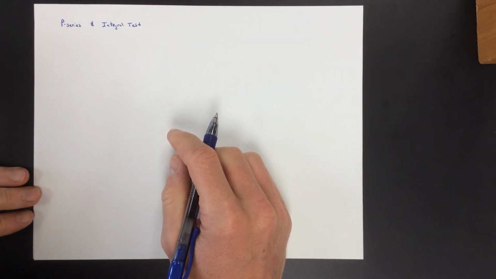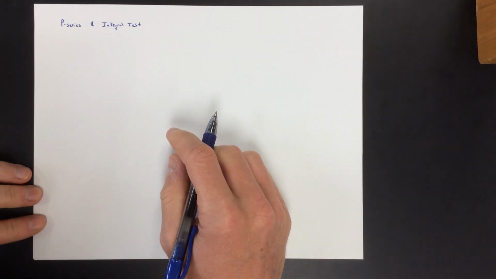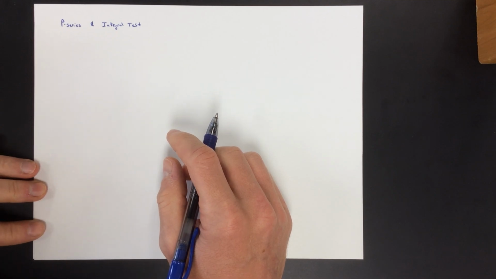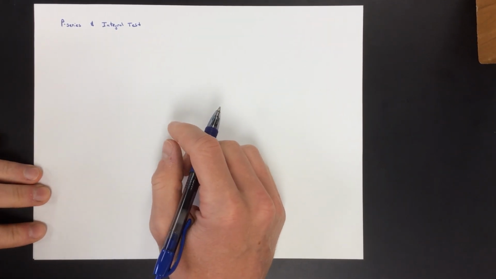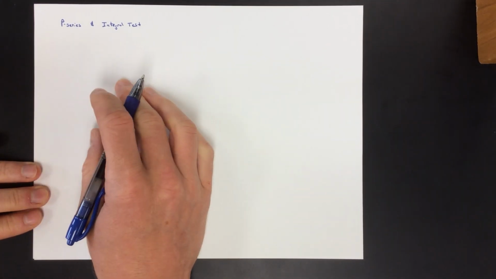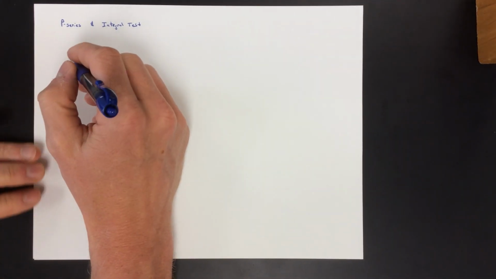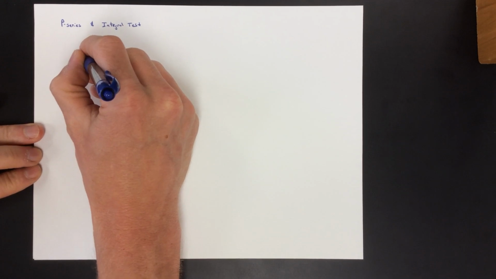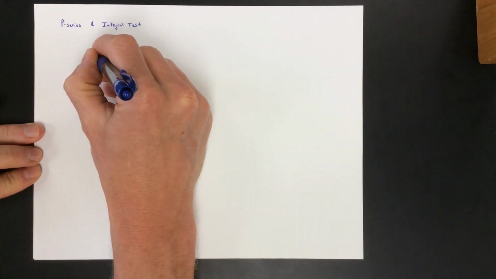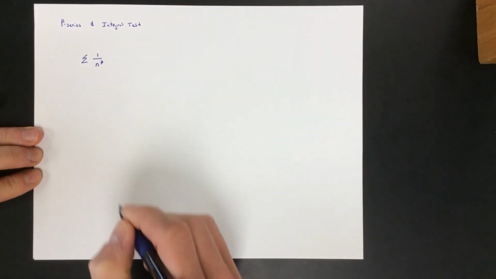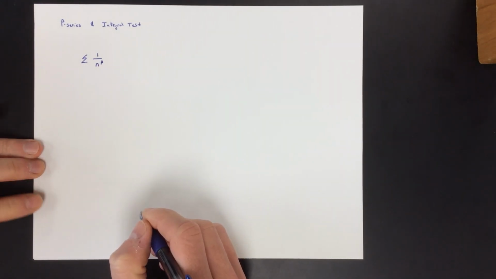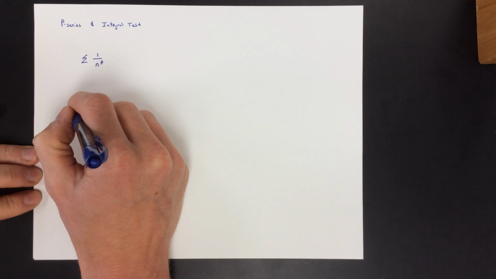Okay, this is the P-series and the integral test. Again, these tests are tests for deciding whether a series converges or diverges. And so they're very much linked. The P-series talks about this particular series, the summation of 1 over n to the P. Okay, so we're going to use this to decide things like,